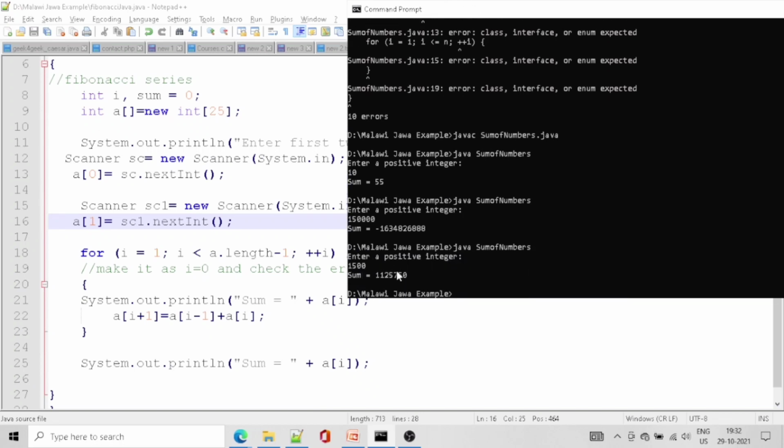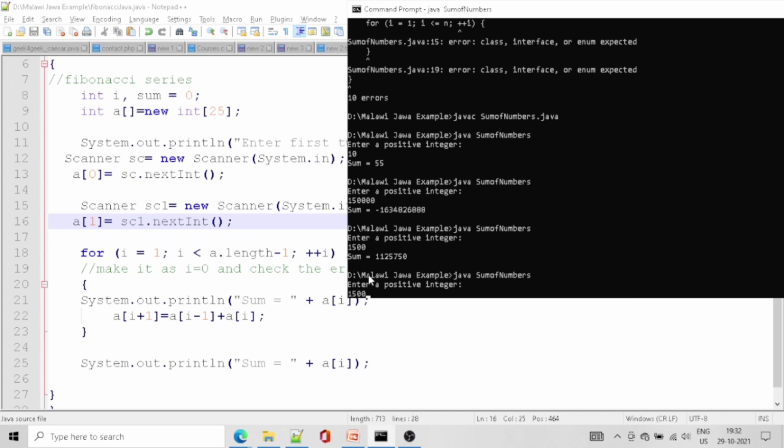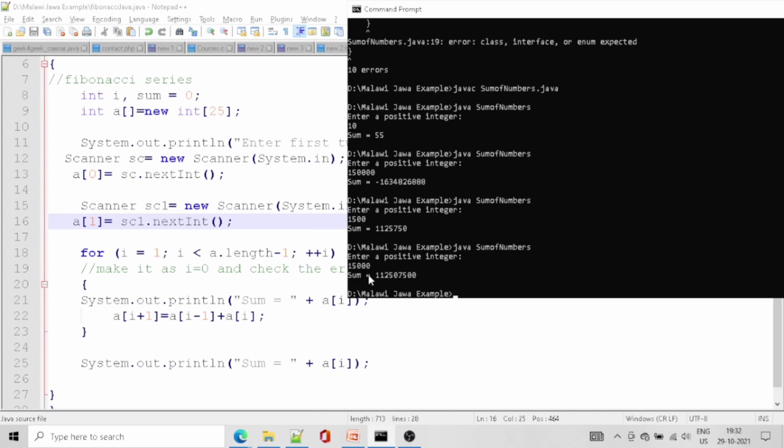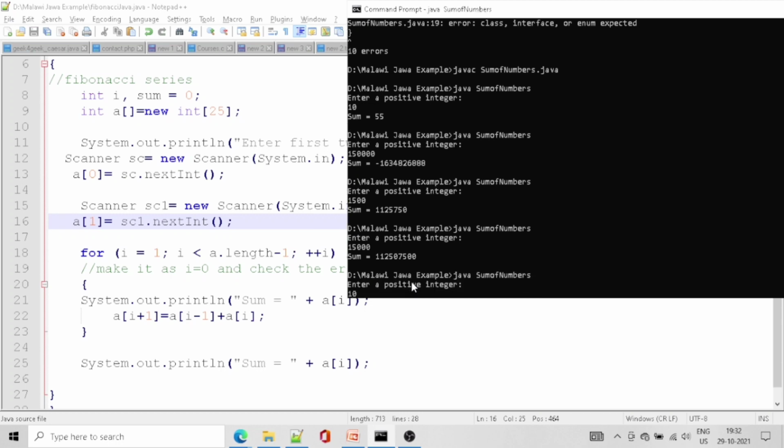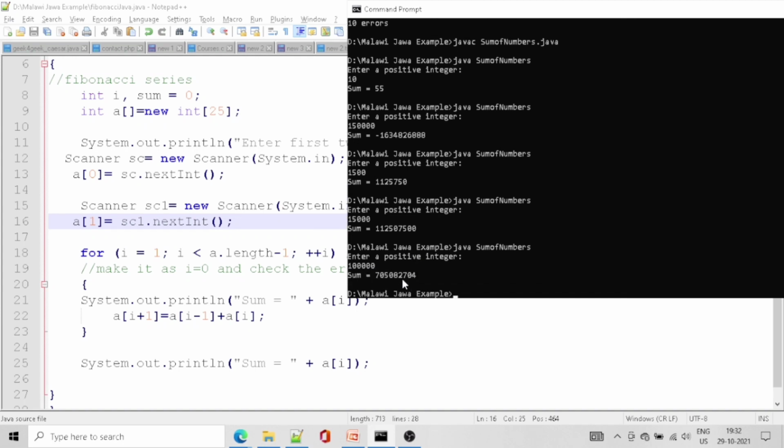Now we can see this is positive only. Now we will check for 15,000. Still it's positive. Now we will run it again for a lakh. Still it's good only.